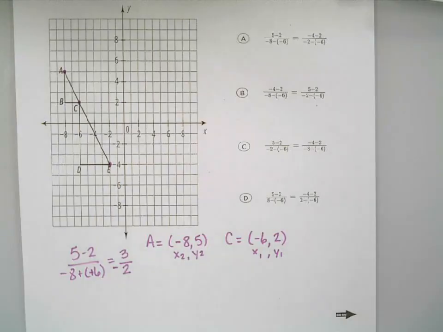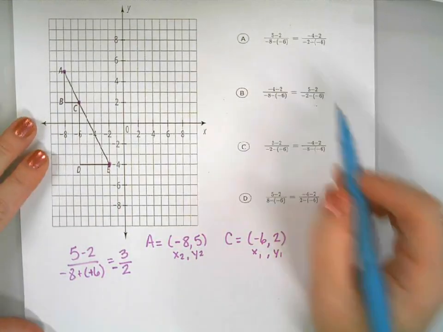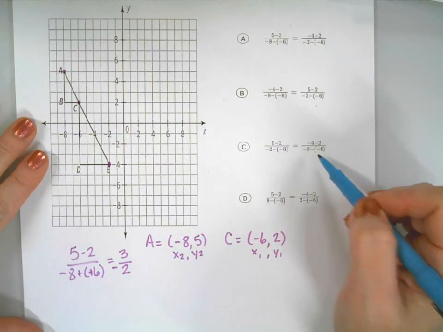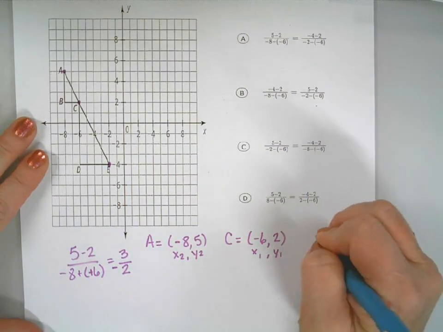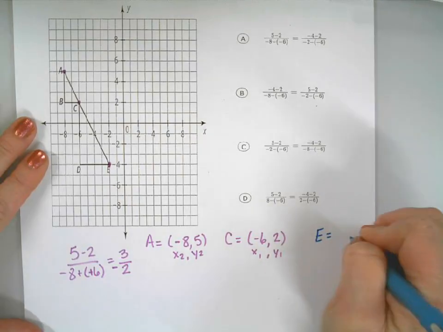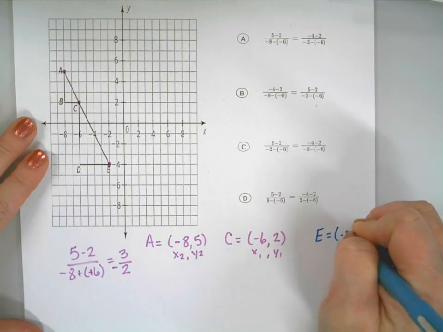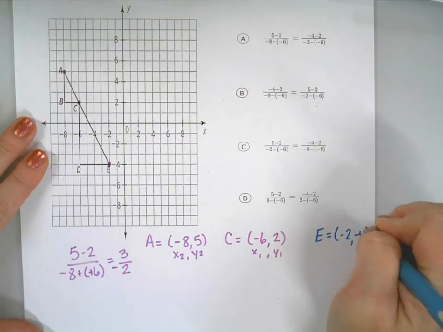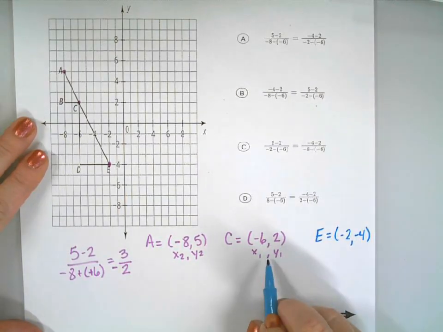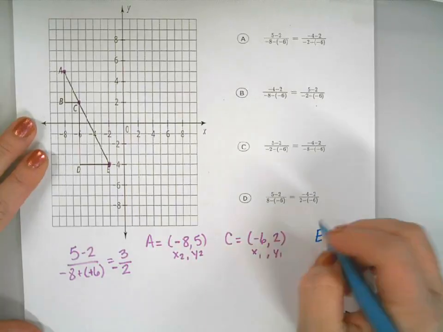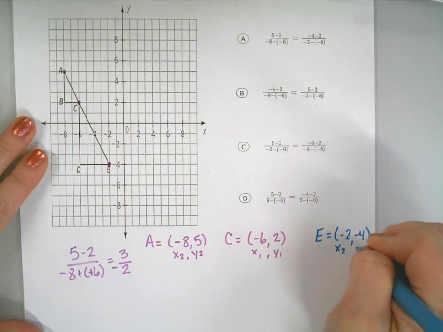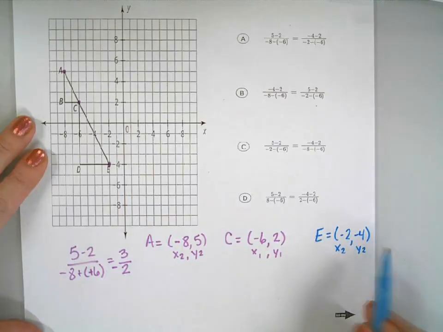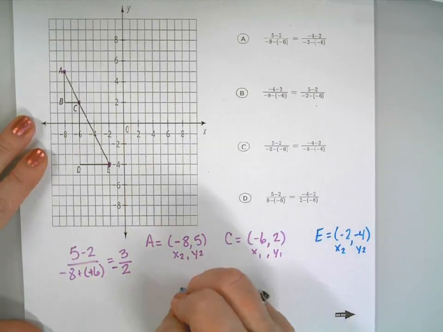When I look at C to E, I'm going to see what order they're writing the points in. And it looks like most of them are starting with a 4. So then they're going to say E is located at -2, -4. So this is still going to stay x1, y1 in this next formula. This one's going to be your x2, y2. So then I'm going to plug in -4 minus 2